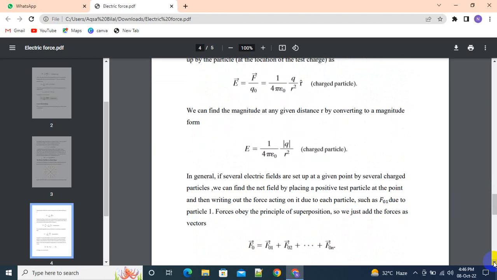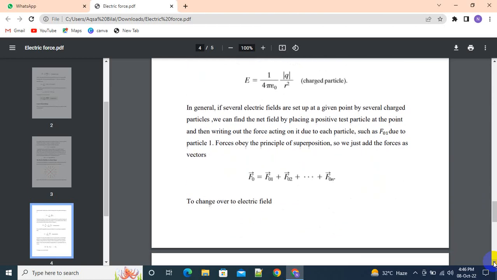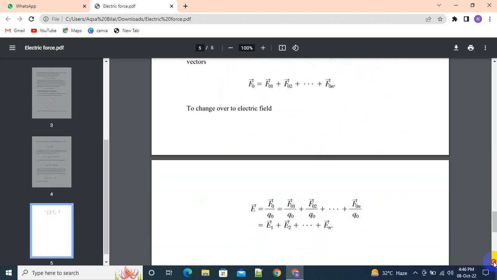In general, if several electric fields are set up at a given point by several charged particles, we can find the net field by placing a positive test particle at that point and then writing out the force acting on it due to each particle, such as F01 due to particle 1. Forces obey the principle of superposition, so we just add the forces as vectors. To change over to electric fields,